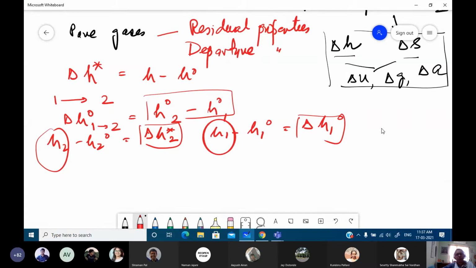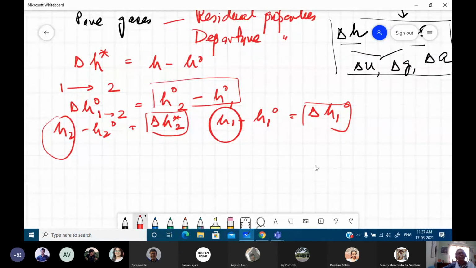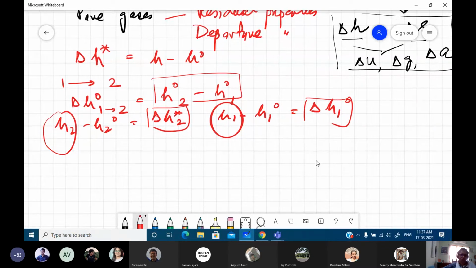And this is usually practiced for pure gases because we find that the departure functions are not high. We do not do it for condensed phases, and anyhow for condensed phases the properties do not change much with pressure. Now the next thing came, that just dealing with systems which are pure gases is an extremely ideal sort of situation.